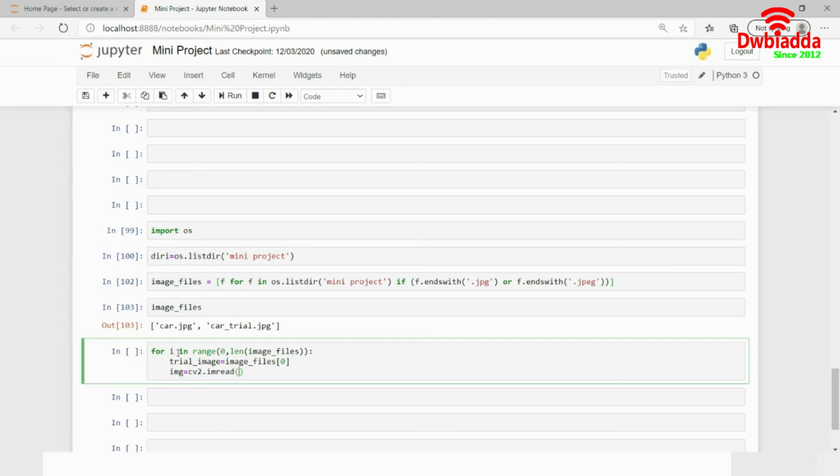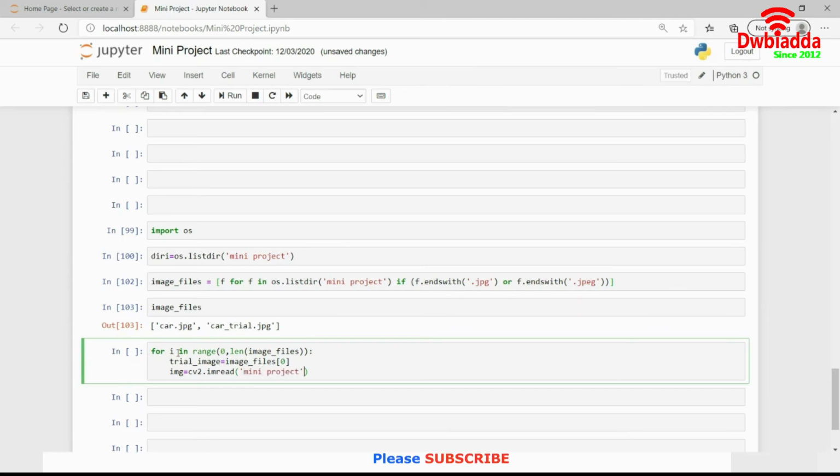No, we actually have to give the complete path corresponding to the root directory. So the path will be mini project plus a slash plus trial image. And then you have to copy and paste each and every line of code that you have written, because other than that everything will remain the same.